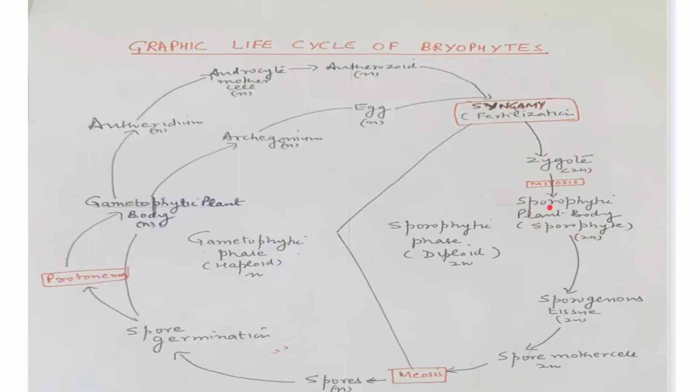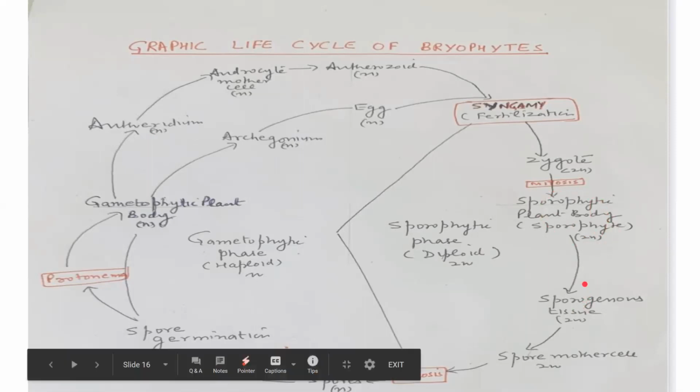Now this sporophyte, as we have already discussed, is attached to the gametophyte, and while attached, it also gets water, minerals, and partial nourishment from the gametophytic plant body. Now this sporophytic plant body bears the sporogenous tissue. Sporogenous tissue at maturity forms spore mother cells. The spore mother cells will undergo meiosis to form haploid spores. Now the haploid spore will germinate to form the